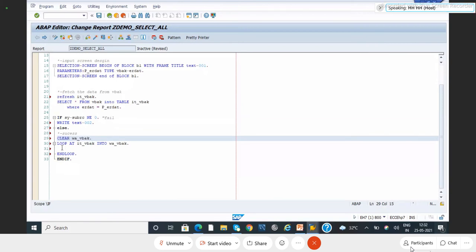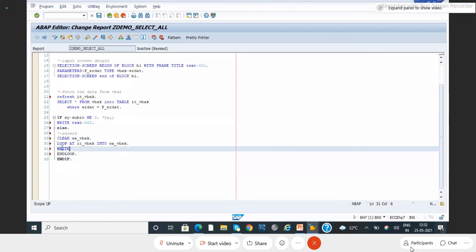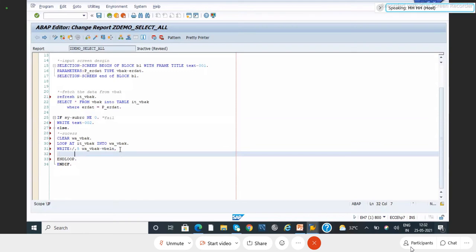And you can write the data here. I'm going to use the backslash symbol and work area VBAK-VBELN. And if you need positions, you can keep the positions also. That means my value from the 5th place onwards, the sales order number printing will start. Up to how many places it occupies depends on your sales order number length. 10 is my sales order number length, so from 5 to 10, a total of 15 positions the system will occupy. The next value, from where you have to start, you have to decide.